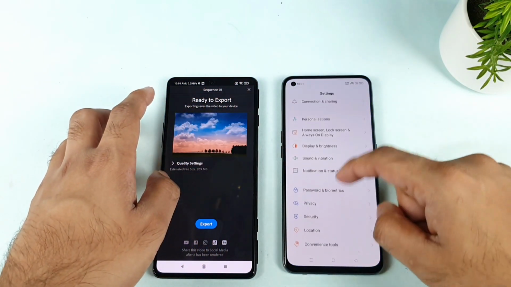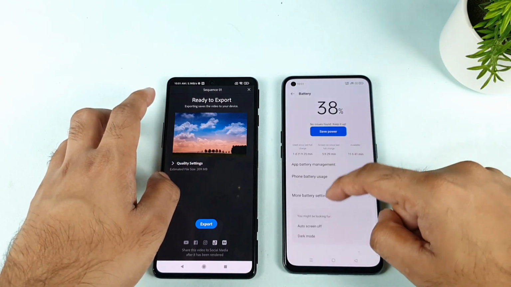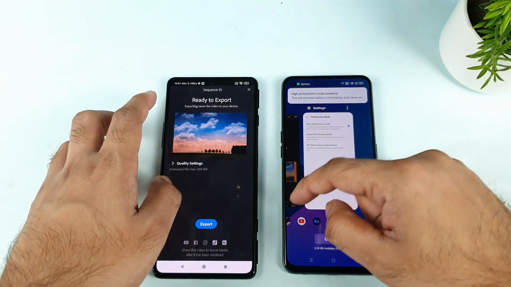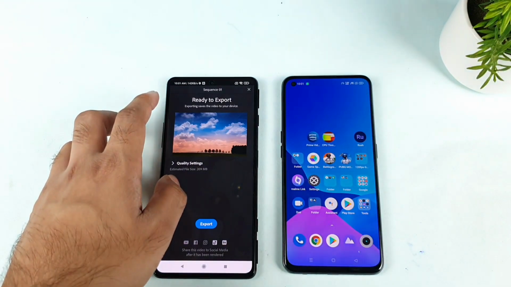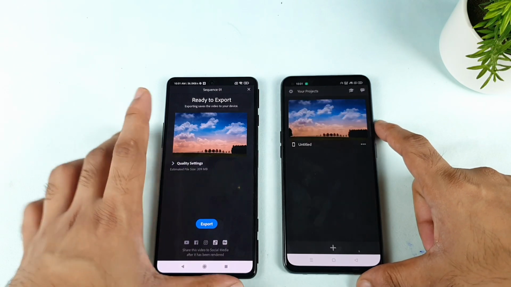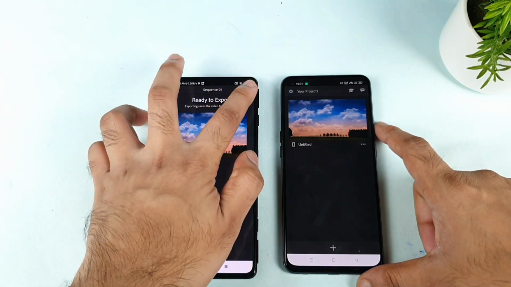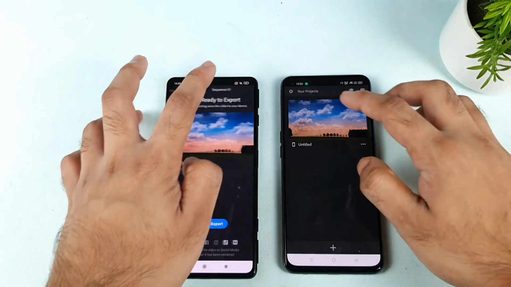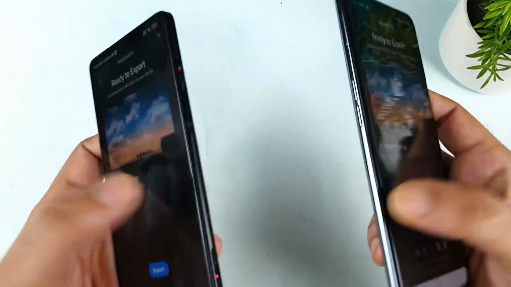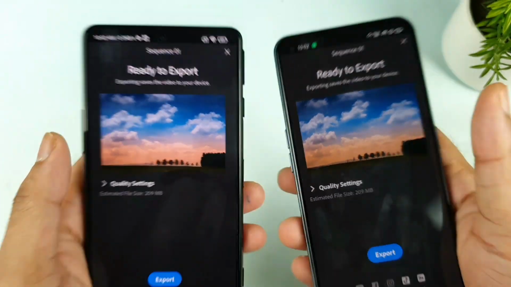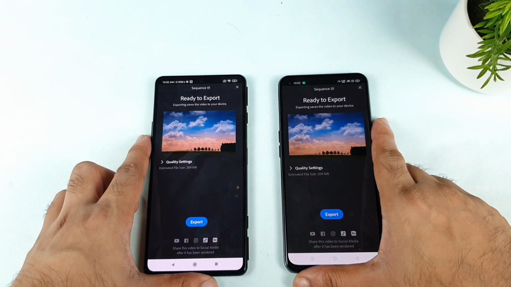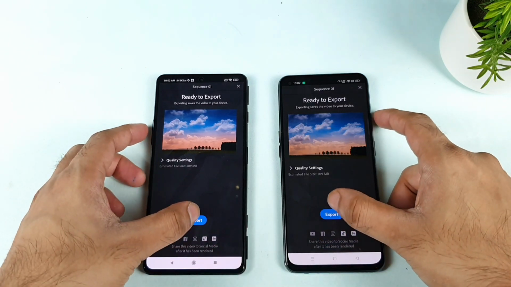Now let's stop this and let me test it with high performance mode turned on. Let's go to the battery, and here's the battery and performance mode. So high performance mode is turned on, as you can see. Let me clear the background and start this application again. Let's see this time whether the high performance mode can actually reflect any speed or not. That's the main point of me doing this. This time the estimated size is the same 209 MB. This is going to be a really interesting result to compare between both phones.